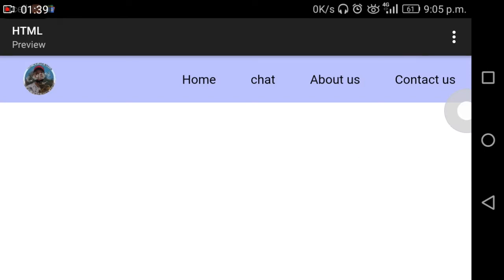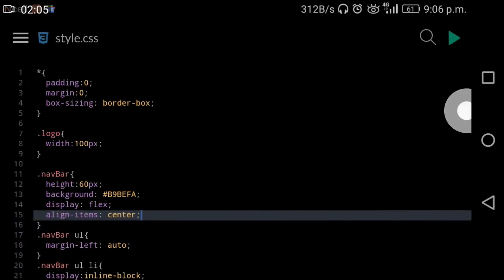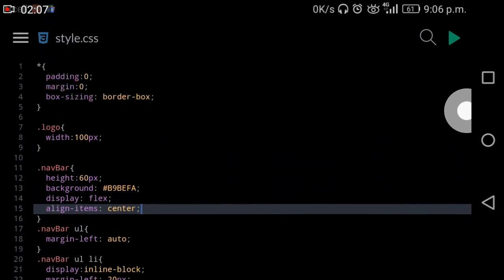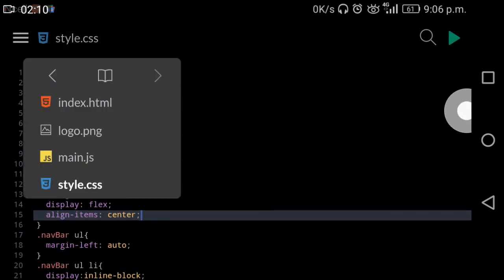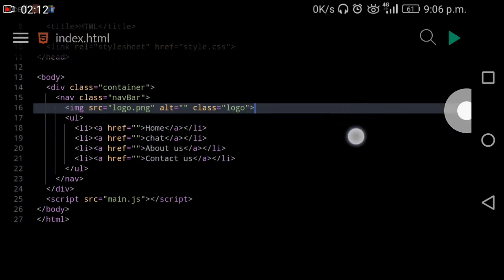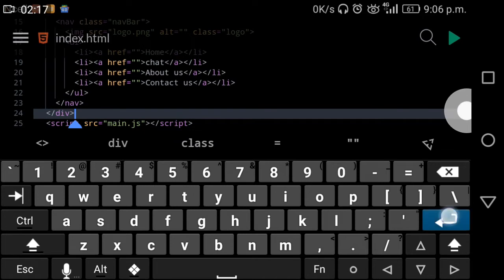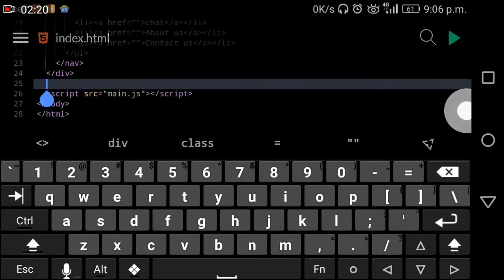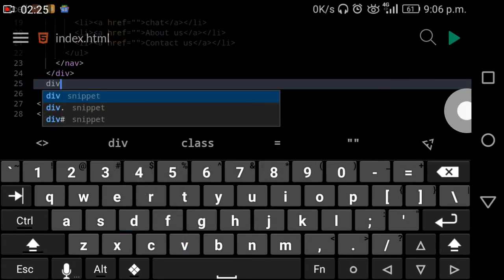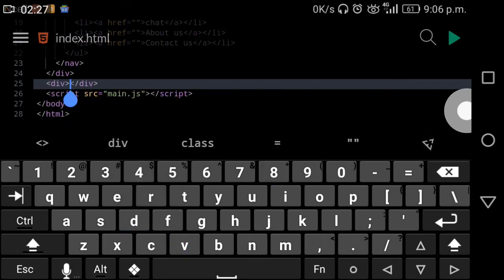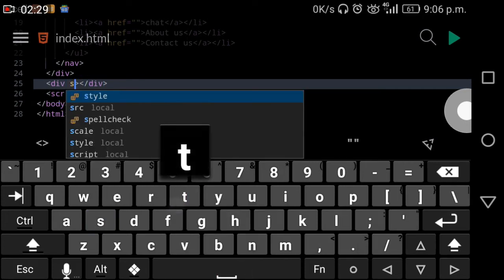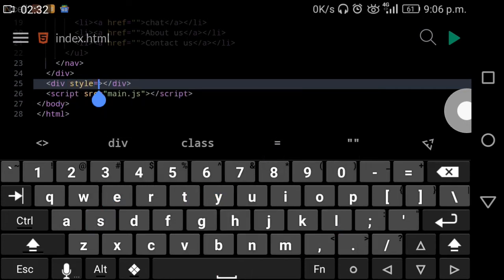To make this fixed, at first we need to make the page scrollable so that we can see the fixed position. So for making it scrollable I want to add some content. For that I am making a div outside the container box, and I am giving the style here. Style is equal to